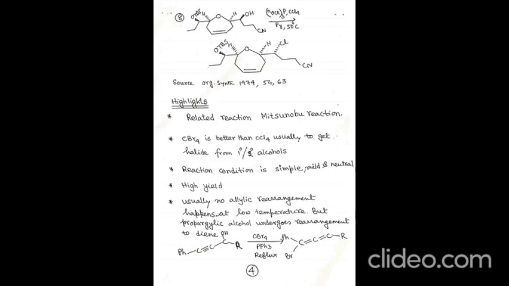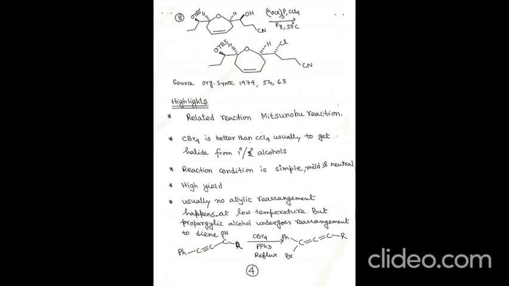If there is one chiral center at the OH-bearing center, then it proceeds through Walden inversion. Now coming to the highlights of this reaction, this is a very important reaction in organic chemistry. It has tremendous application where we need to convert a chiral alcohol with inversion of configuration to the